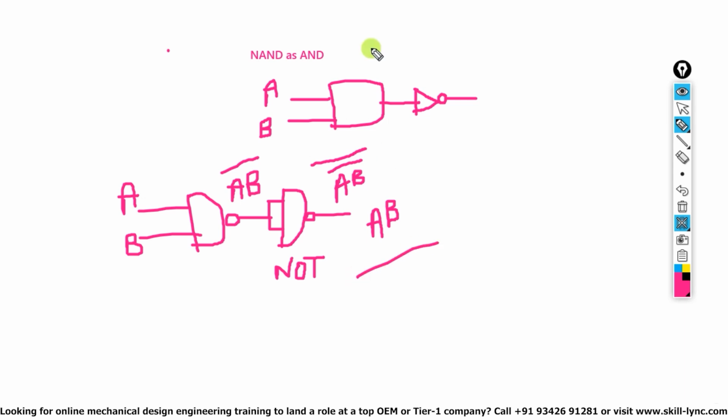Just go through this once, then I will move forward to the NAND gate as an OR gate. So what we did, NAND gate as an AND gate is when NAND gate is AND plus NOT. Whatever I have done is simply I have taken a NAND gate AB, and after that for the NOT gate I have put the same thing ahead of this one. So it becomes double bar and A double bar equals A. In such a manner it is equal to the AND gate. Now we will start with NAND gate as an OR gate.